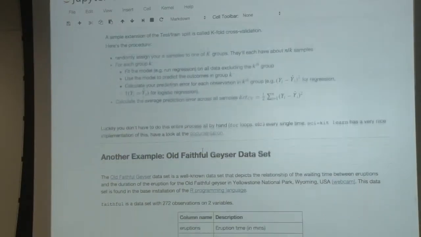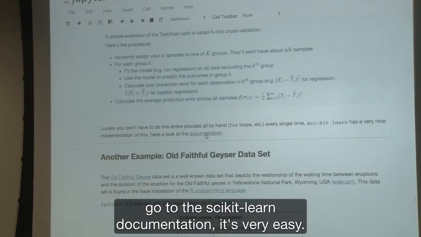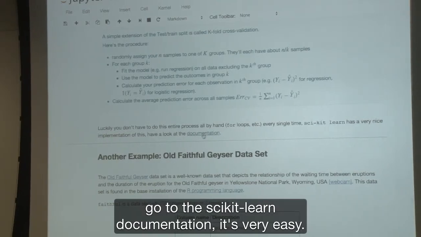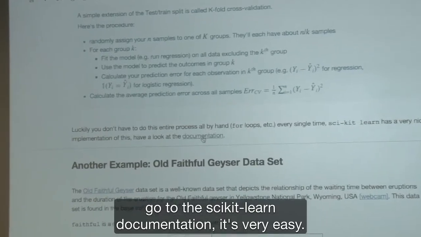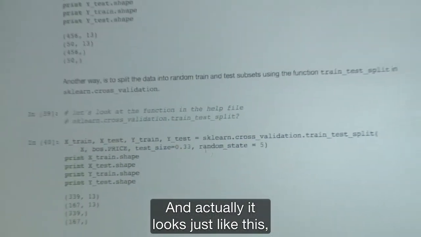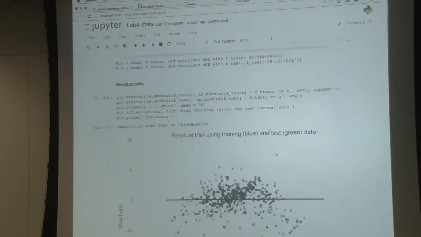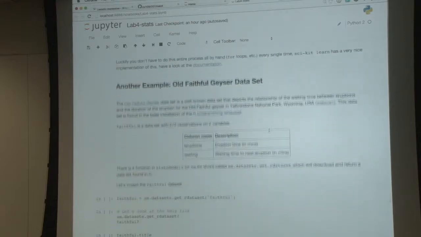I won't do this here, but if you go to the scikit-learn documentation, it's very easy, and it looks just like this, but you do cross-validation here. Okay, so